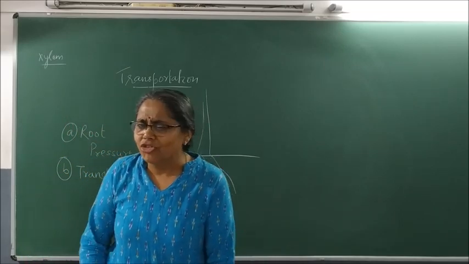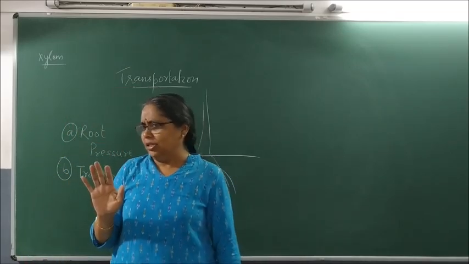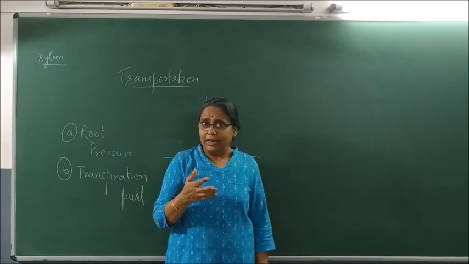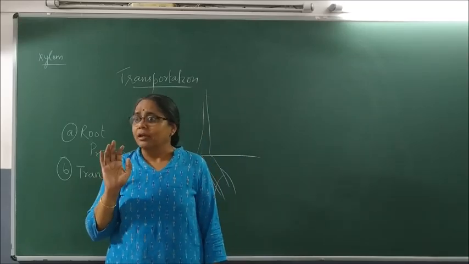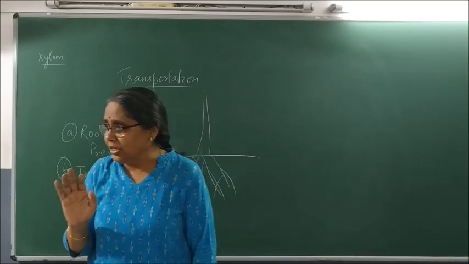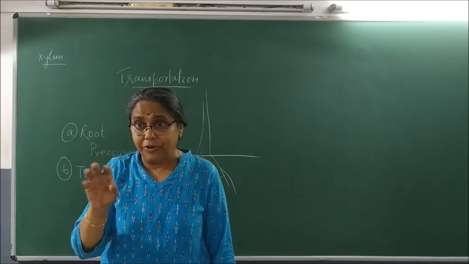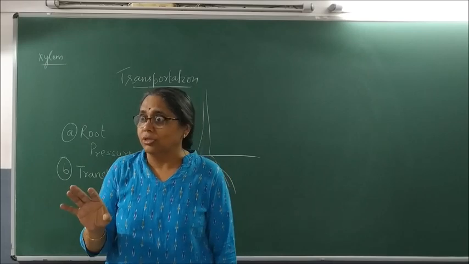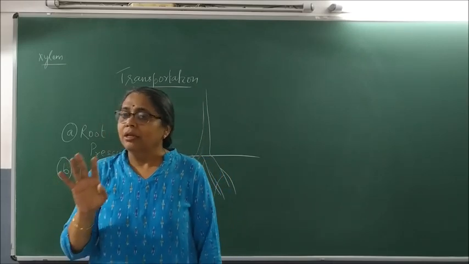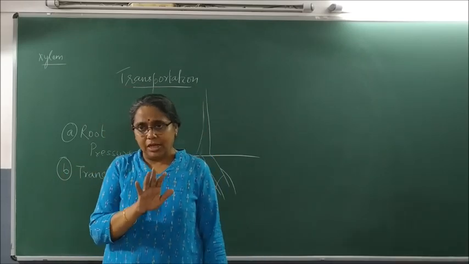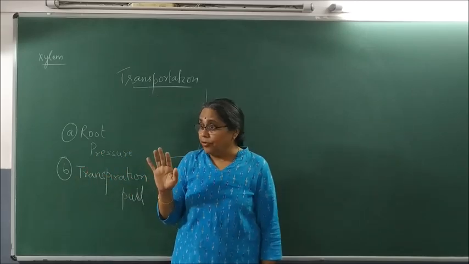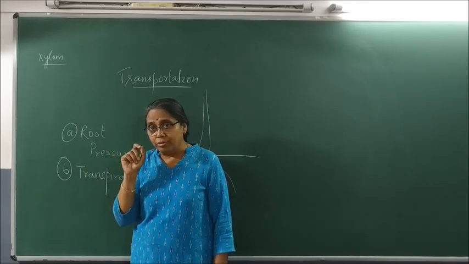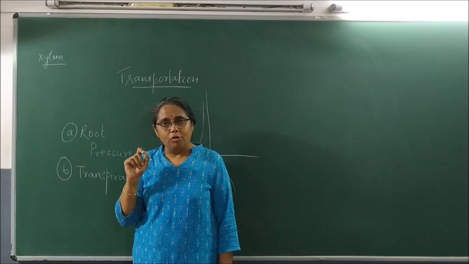I am not very sure whether your answers are all correct or not. So make sure you check once all the things. I am not going to tell. I also teach 9th. I know the answer. Why I want you to go back and check once is because you should know what are the different aspects of xylem and phloem, because last year you studied tissues. So you should know what they are. There are 4 components of xylem and 4 components of phloem. Please make sure to write what those components are.